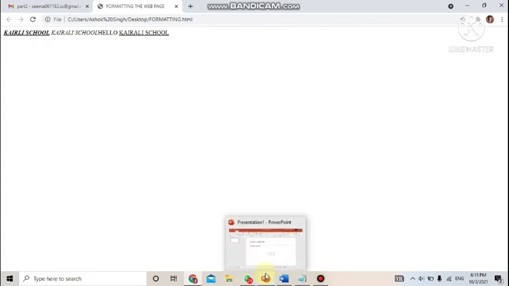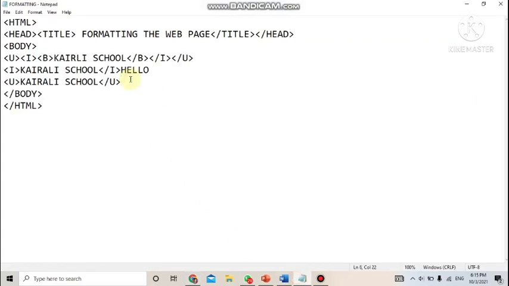How can it be used? Suppose you want to write x square plus y square. So let's do that. We'll use the br tag here so that it will go to the next line. Here I want x square plus y square. Now 2 should not be here, it should be on top. So before 2 use the sup tag, superscript, and whenever it is getting completed, close the sup tag, slash sup.